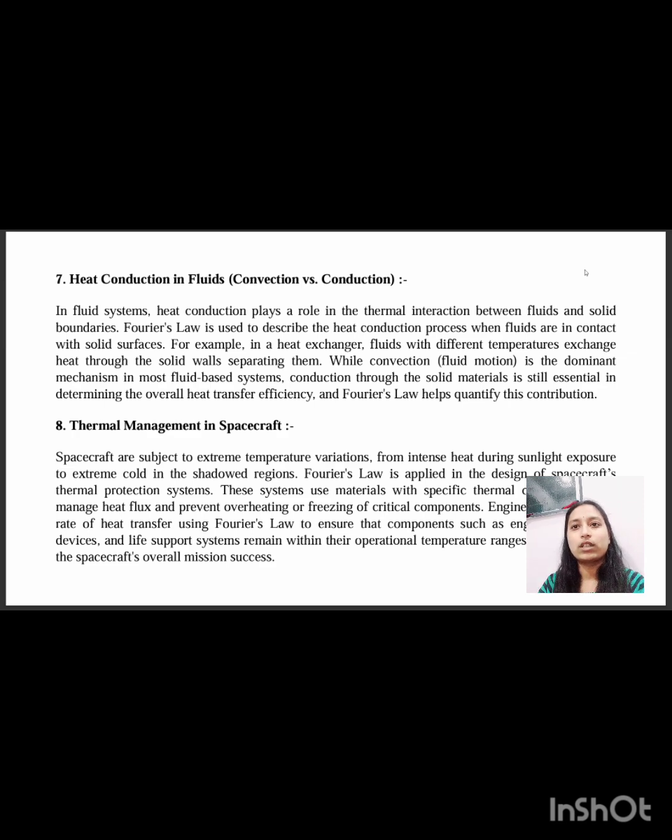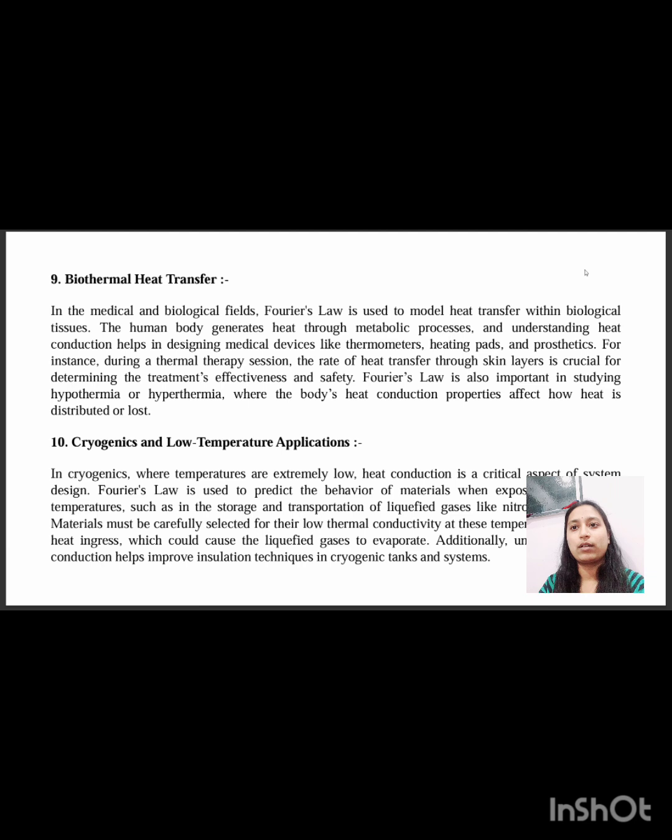Ninth one, biothermal heat transfer. In the medical and biological fields, Fourier's law is used to model heat transfer within biological tissues. The human body generates heat through metabolic processes, and understanding heat conduction helps in designing medical devices like thermometers, heating pads, and prostheses. For instance, during thermal therapy sessions, the rate of heat transfer through skin layers is crucial